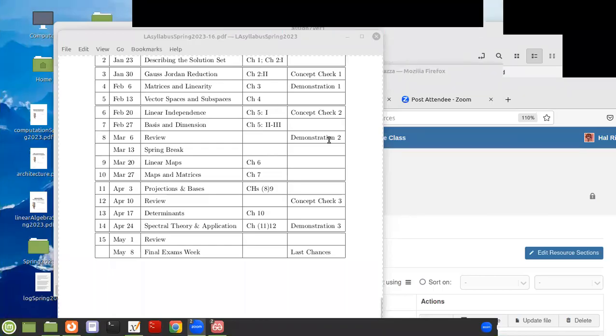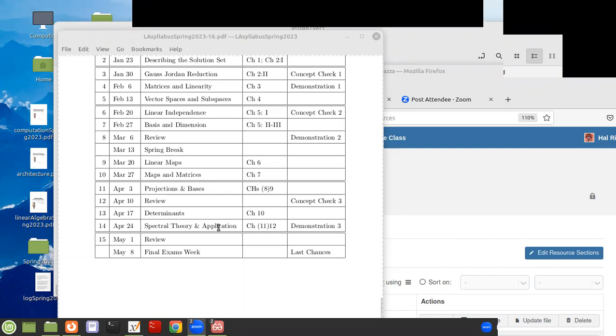Okay, so here's where we are, the week of April 24th, starting a new topic on eigenvectors and eigenvalues. That's what spectral theory is. We'll get everything that you need. There are eigenvectors and eigenvalues on demonstration 3, but we'll get everything we need done this